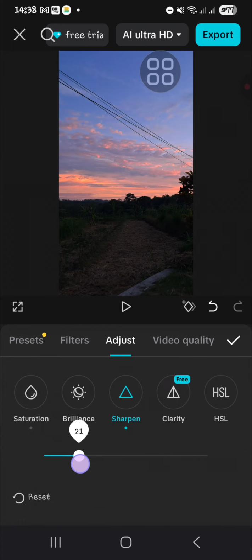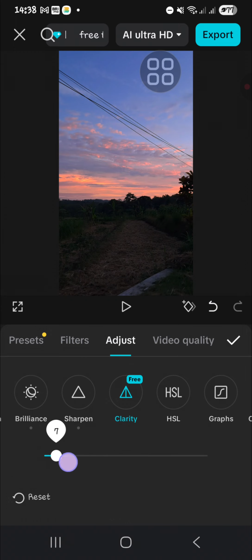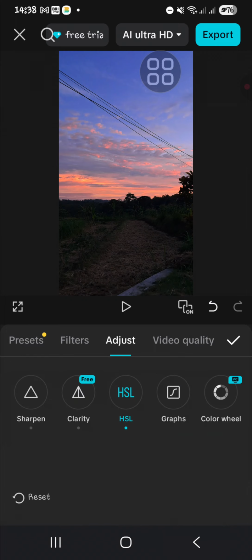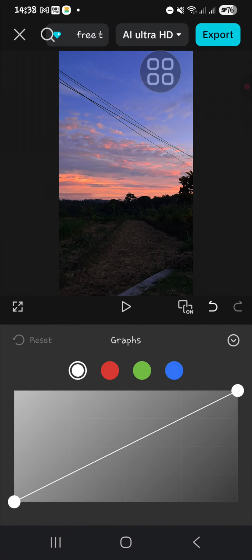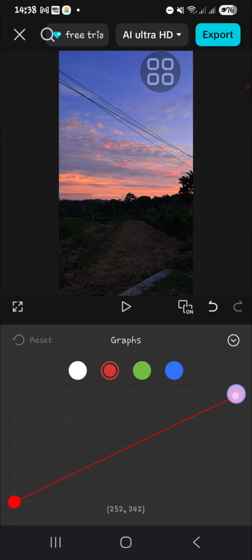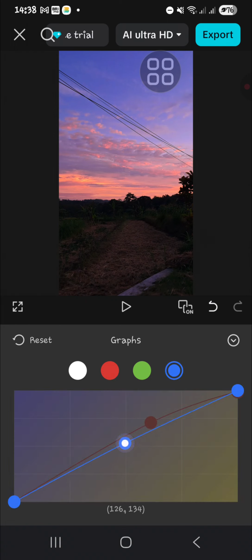And the sharpen, I'm going to increase it. And the clarity, increase it. Okay, and for the HSL, I'm going to make it more red. Okay, and for the blue color, all right. And I'm going to go back and then you can adjust the grab if you want. Oops, I'm going to make it more red. And also for the blue color,